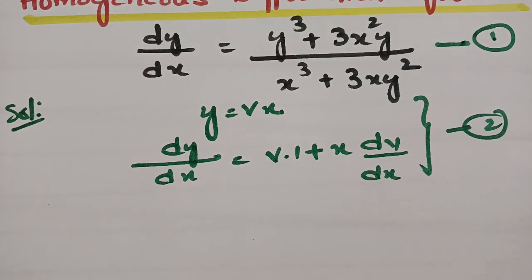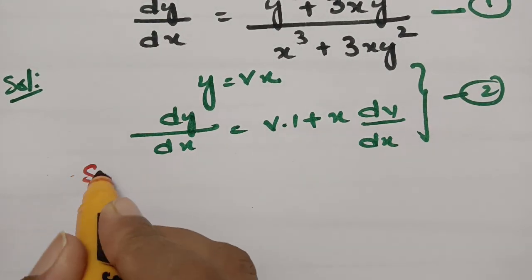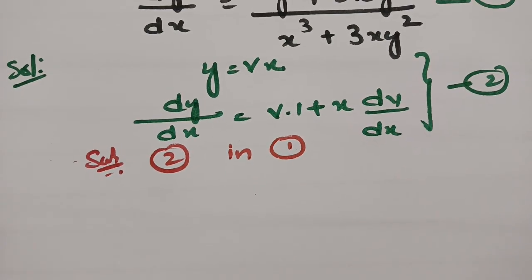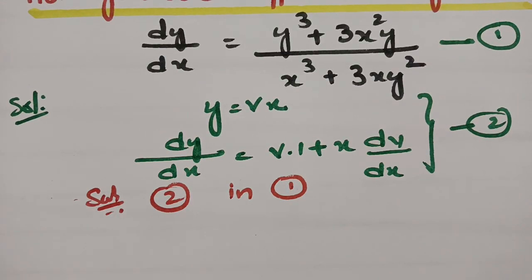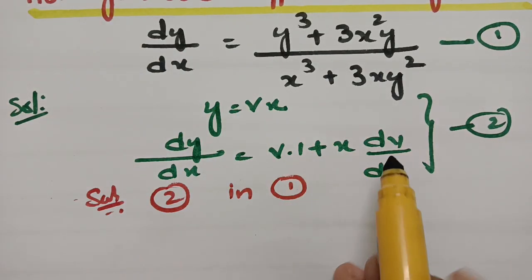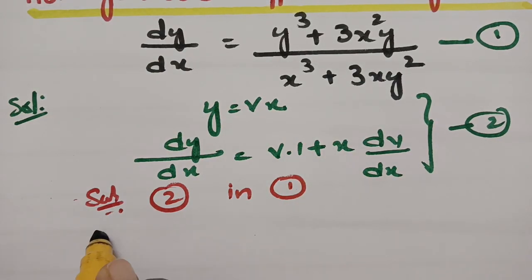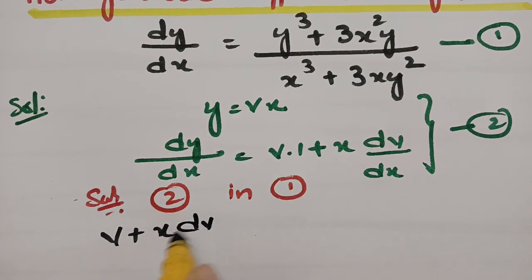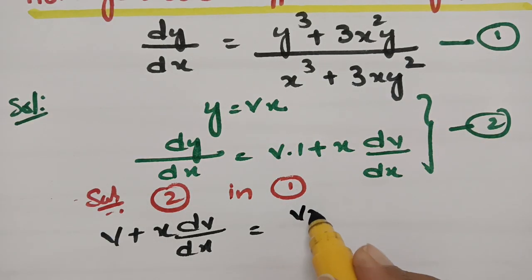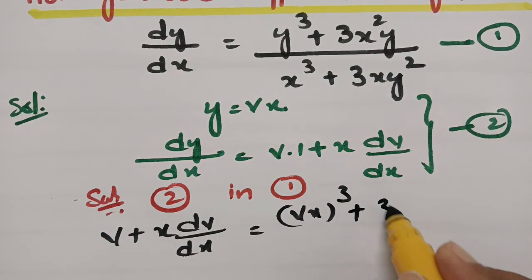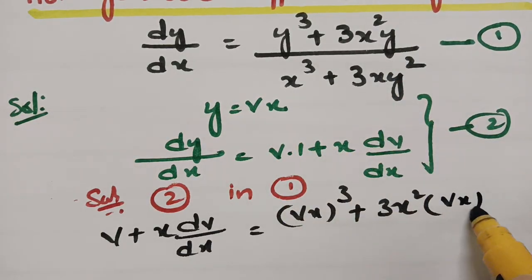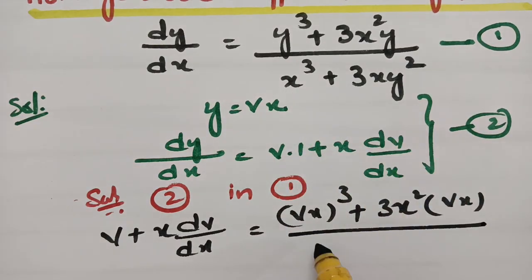If I substitute the value of 2 in equation 1, see what happens here. In place of dy by dx, I am writing v plus x into dv by dx. So that is v plus x into dv by dx, which is equal to, what is y here? y is equal to vx whole cube plus 3x square. In place of y, I am writing v into x, divided by x cube plus 3x into,